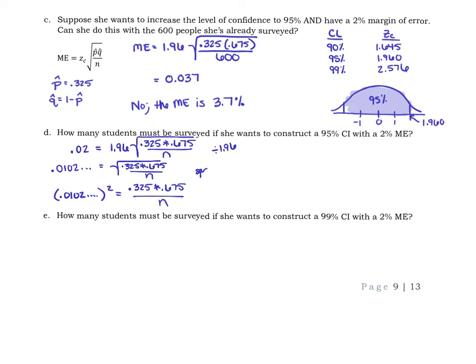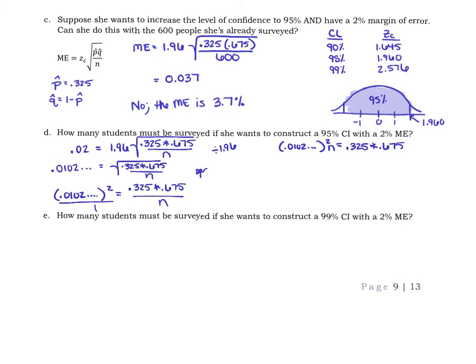Now what you would do next is cross multiply. So this is over a 1. If you cross multiply, you'd end up with that 1.04 times 10 to the negative fourth times n equals 0.325 times 0.675. Again, I'm going to write this out in a way that I don't have to do all of the work